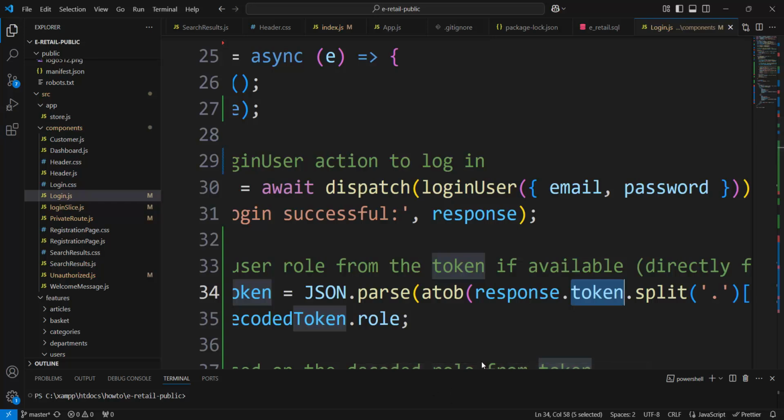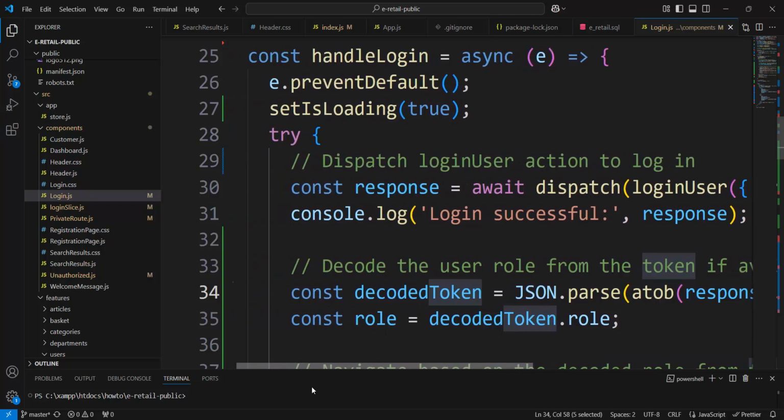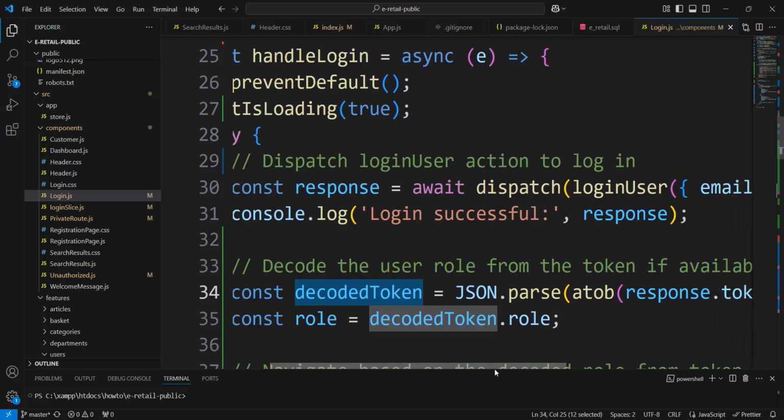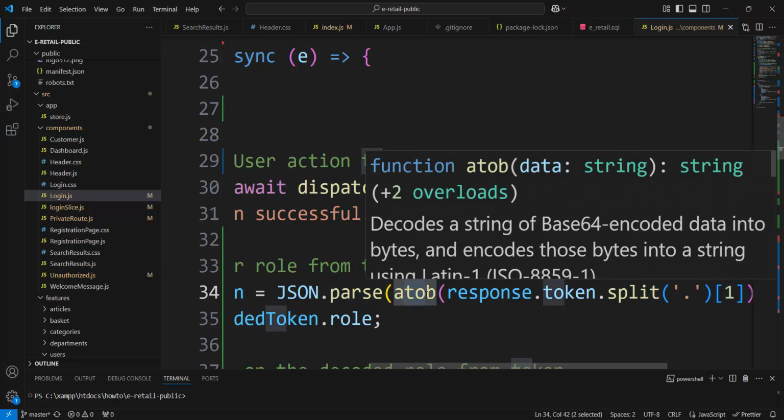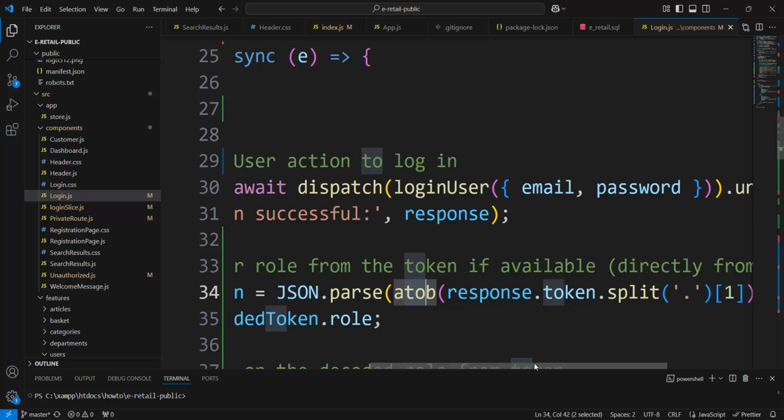It is coded. The token is coded, and all about the user is inside of that token, and not only the user, also the secret key, and together the secret key and user are coded in one token, and that token comes here. If all is okay, in response, in this variable decodedToken, we decode it. Decoded is the JSON parse method, atob function for decoded, and